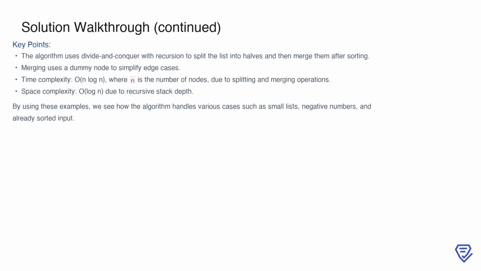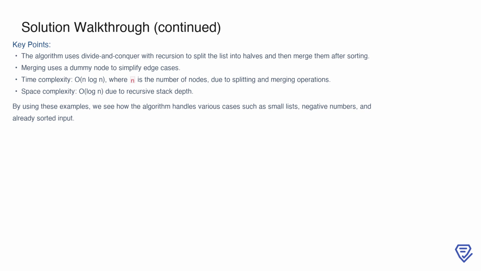The time complexity of the algorithm is O(n log n), where n is the number of nodes, due to the repeated splitting and merging steps. The space complexity is O(log n), as the recursive calls contribute to the stack depth. These examples demonstrate how the algorithm handles various scenarios, including small lists, lists with negative numbers, and lists that are